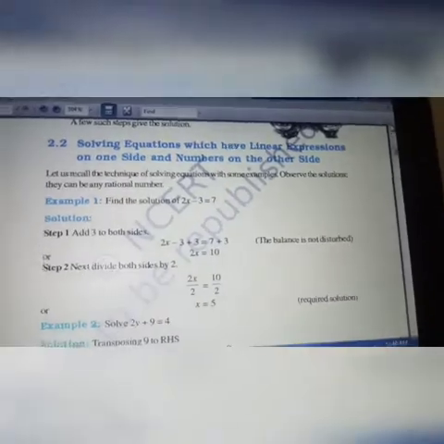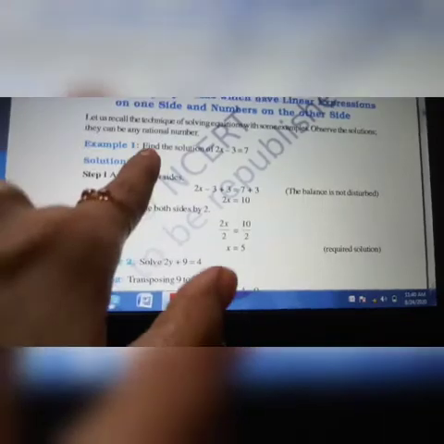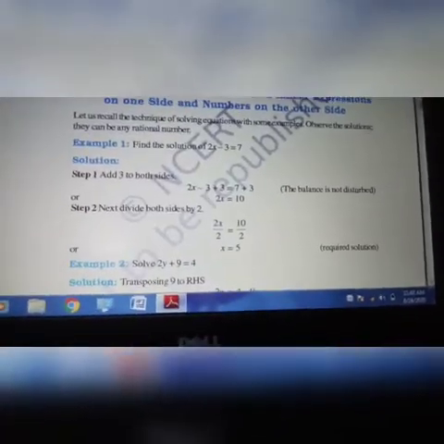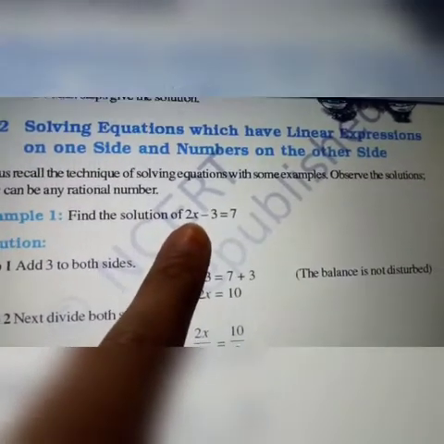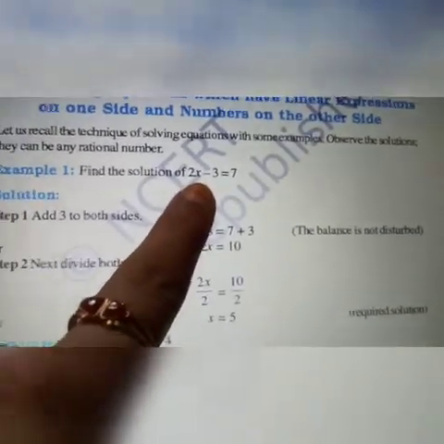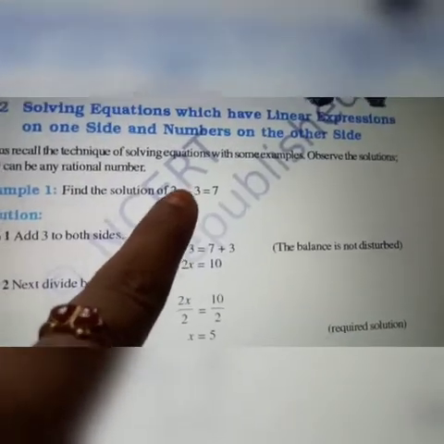Okay. Next, in chapter 2 we are going to deal with example as well as exercise problems, and you can refer to some problems from the net also, no problem. Okay. They'll just say find the solution of this equation. What you should do, either you can use balancing method or transposing method and you can find the value of x. Because if you know the value of x only, we can find the value of this equation, right? So x is the unknown here. So if you find the value of this unknown, that is actually our solution.